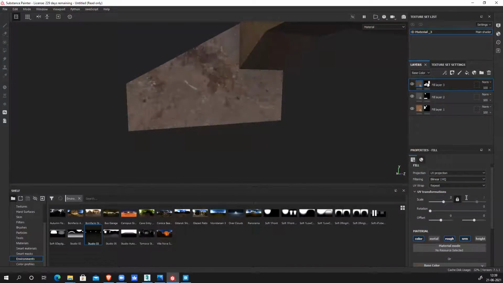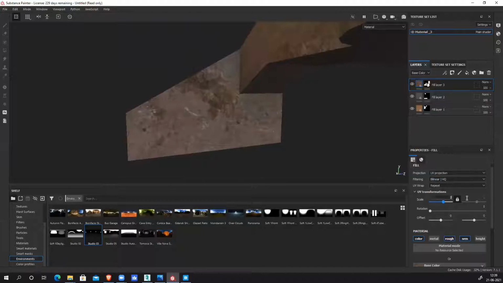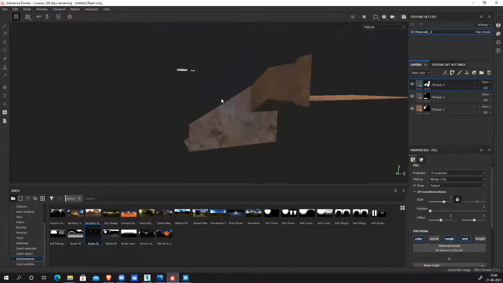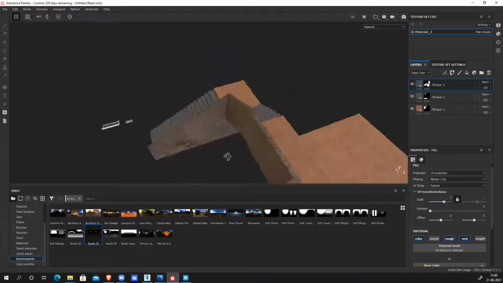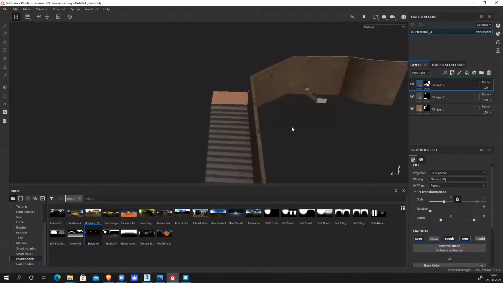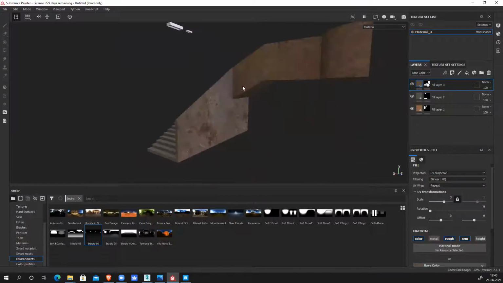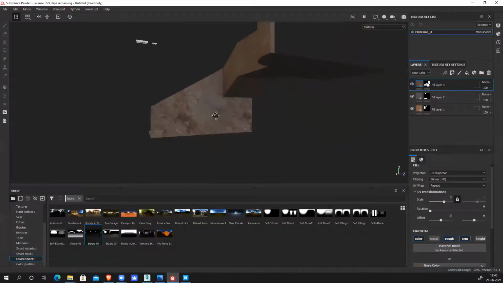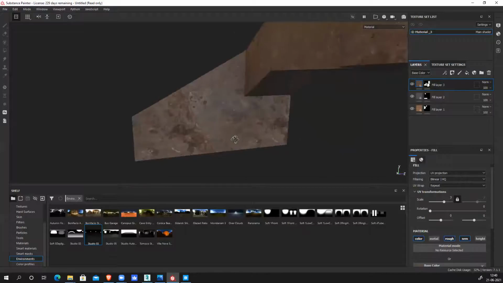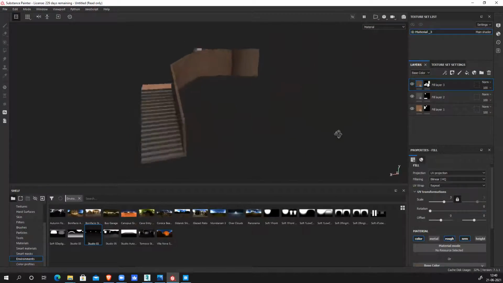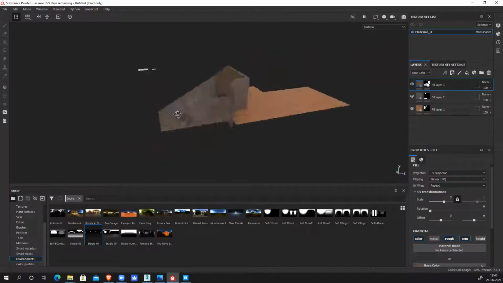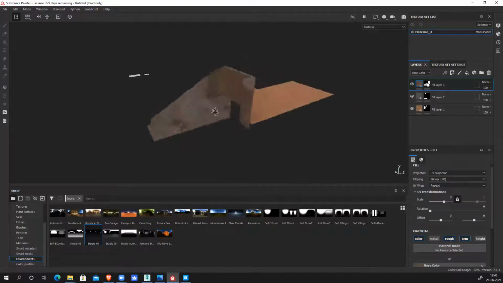Or maybe 2 or maybe 3, where tiling is not that prominently visible. Because for tiles and all, it's fine. But for this kind of generic texture, if tiling is visible, it's bad texturing. So make sure tiling is not visible. So the base textures are almost all applied nicely.